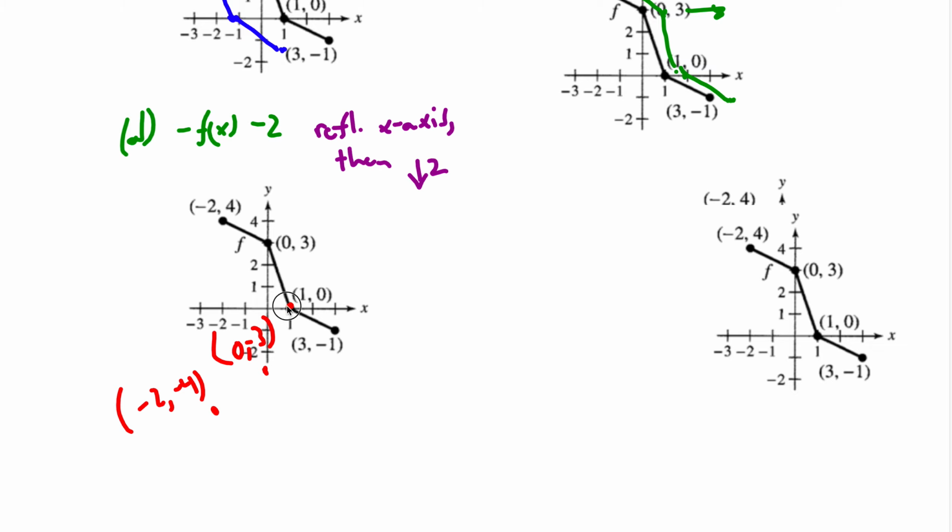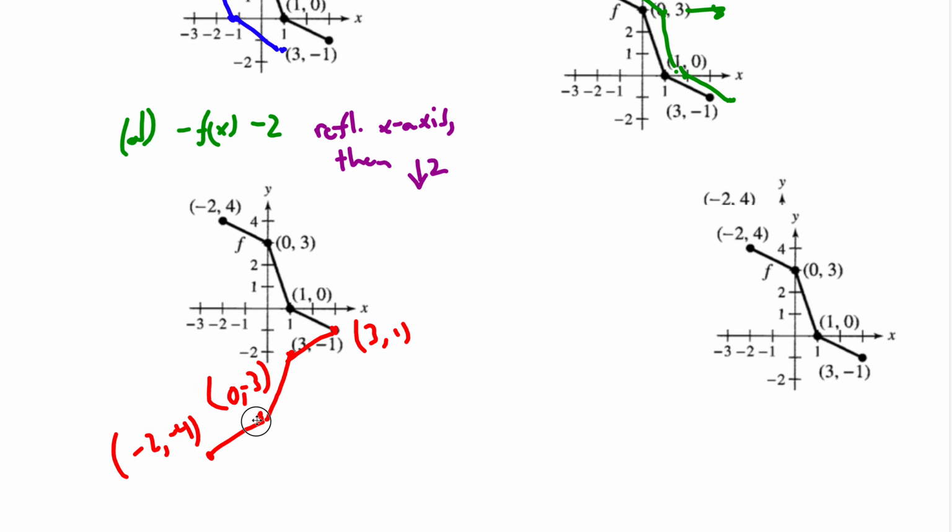This point's actually going to stay in the same spot because it's on the x-axis. And then this point is going to shift up here to (3, 1). However, we're going to take all these points and shift them down 2. Now, I have this capability, you may not. I'm then going to shift this down 2 units, which means that all these points get shifted down 2 units,